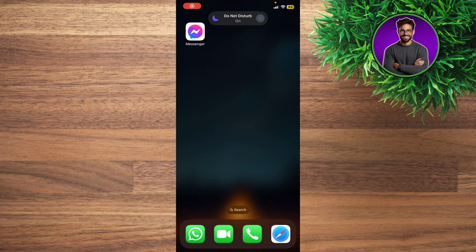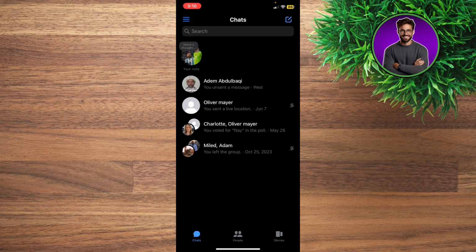My name is Adam. Today I'm going to show you how to reset end-to-end encrypted chat PIN code on Messenger. So what you're going to do first is go ahead and open up your Messenger, okay? And you're going to open up the Messenger on another phone. So let's have an example. You open up your main phone and you want to log in with Messenger, and suddenly you forgot that PIN,